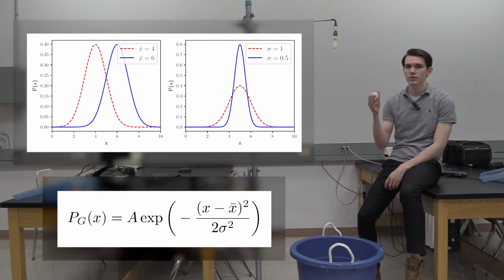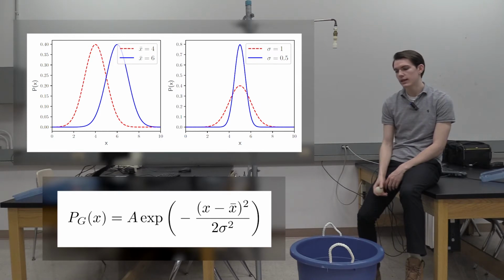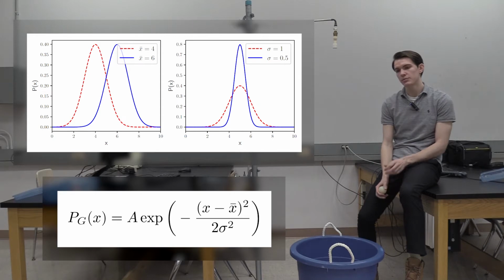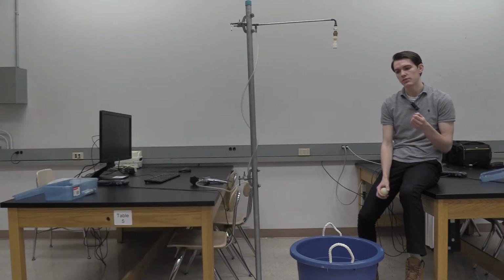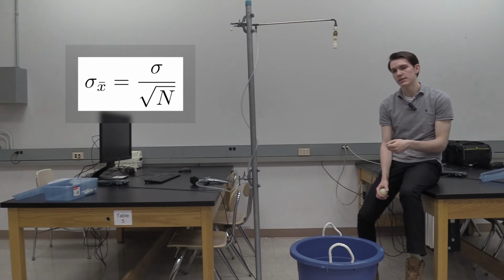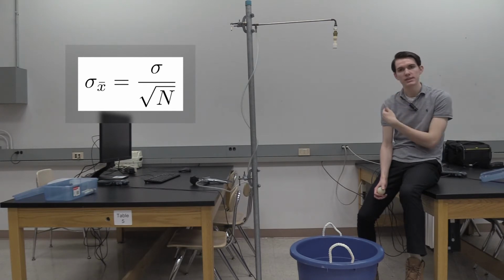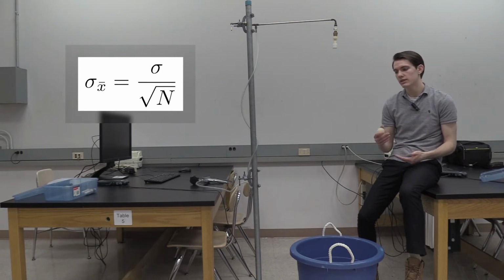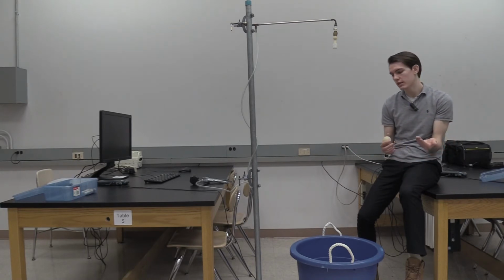So the Gaussian is always going to peak at the mean value of the data set, and it's going to have a width that is related to the standard deviation, which quantifies the spread of the data set. More specifically, the width of the Gaussian is related to the error on the mean, which is the standard deviation divided by the square root of the number of trials. So we can get a more narrow, a more precise Gaussian distribution by increasing the number of trials. And you want to think about, increasing the number of trials is going to help our precision, but not necessarily our accuracy. So the nice thing about a Gaussian is, because it's a nice well-defined function that fits our data set,